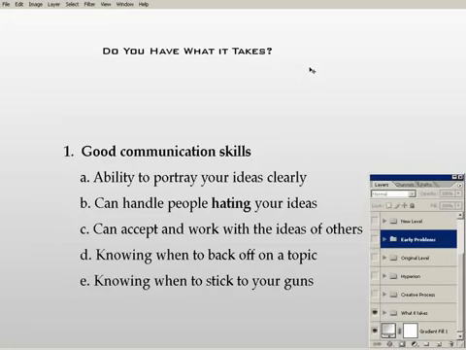All right, know when to back off on a topic. If you feel really strongly about something, but nobody else on your team really likes it, put it away, accept defeat and go on with something else. This one actually took me almost 4 years to master with my crew. It'd be like, well, how about we do this? And everybody's like, no, I don't think that's going to work. Yeah, but I really think we should do it. No, not really. It was just kind of hard. But you've got to be able to walk away and not have hard feelings and not carry grudges when something you were really passionate about just isn't going to pan out. Right. If anything, put it in your back pocket, because it may come in handy later.